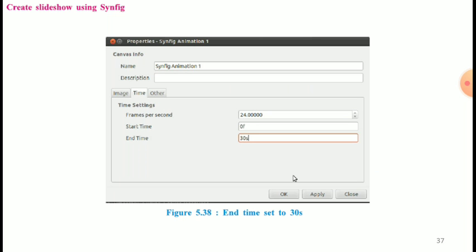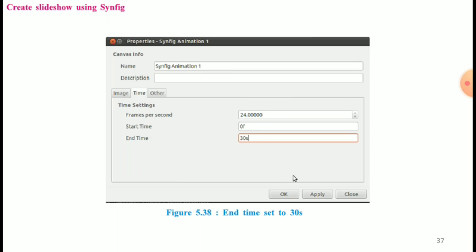The next step, click on the caret menu and then edit and then properties, and select the time tab and set the end time equal to the last image layer time value. In our case the last image layer time is 30s, so you can set the end time a little more than 30s if you want a blank screen at the end.